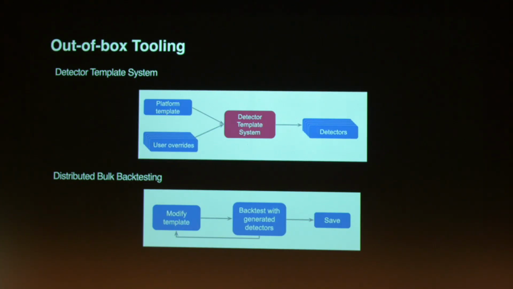And the out-of-box tooling. These are the tools that we provide to our platform teams inside Meta, because almost everything is in-house. That means whenever there's a modern tool, we need to provide them the same inside the company. So for our platform teams who actually have products that other teams use, we came up with a template system where the product team can specify, this is my product, this is how people should use it, and this is what an error looks like. And then they specify what the customers of that product can change, and then we set up detection like that. We call this DTS, detector template system, built for my coworker, I love.